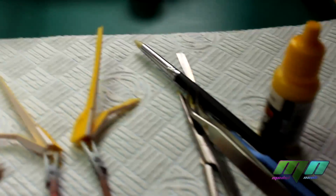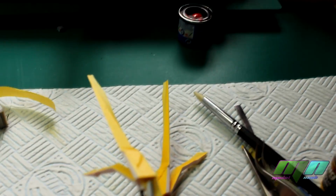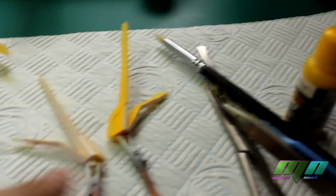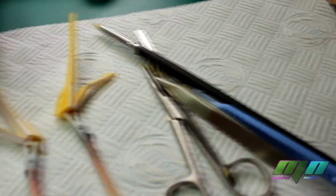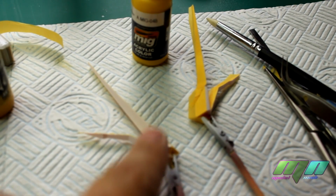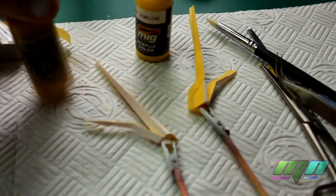Okay, so what I've done here, you can see I've masked the top half of the V-fins on both sides, and the idea is I'm going to use two different shades of yellow. I'm going to start on the underside, which is the unmasked side of the V-fin. I'm going to go from dark, using this Model Air golden yellow on both sides, and then come in with the light